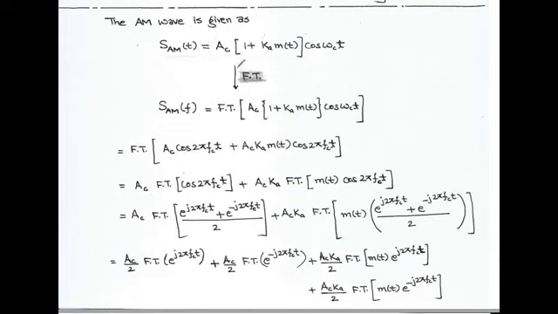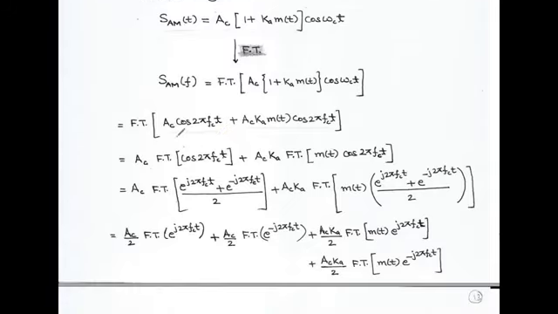Now to determine the Fourier transform, we open the bracket. So the first term is A_c cos 2 pi fc t and the second term is A_c into k_a into m(t) cos 2 pi fc t. So we find the Fourier transform of both the terms individually. In the first term A_c is constant, so we take it outside, and the Fourier transform of cos 2 pi fc t is obtained after converting to exponential terms. In the second term, the constant is A_c into k_a, and in this case we have to determine the Fourier transform of m(t) into cos 2 pi fc t.